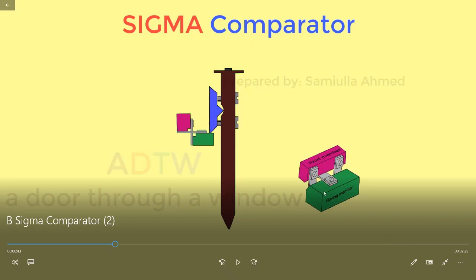You can see over here, this is a moving member and this is a fixed member. So this blue color is the knife edge which is connected to the moving member, and this is a fixed member, which are both connected with the help of hinge. You can see here hinge joint is there, and whenever plunger is moving up and down, due to the unevenness of surface, knife edge will also move up and down, and due to that, this green color block which is a movable member, it also moves.